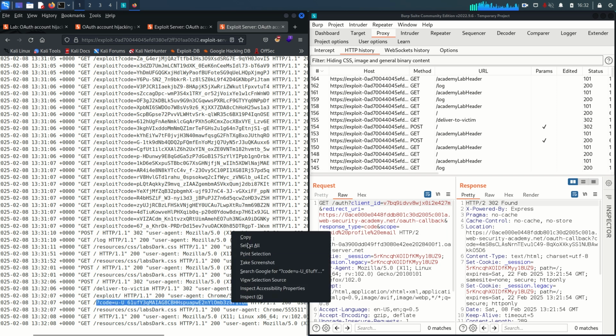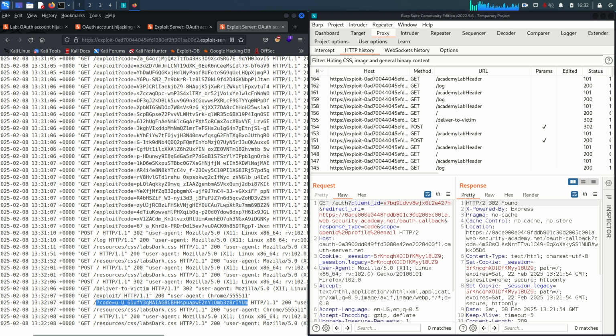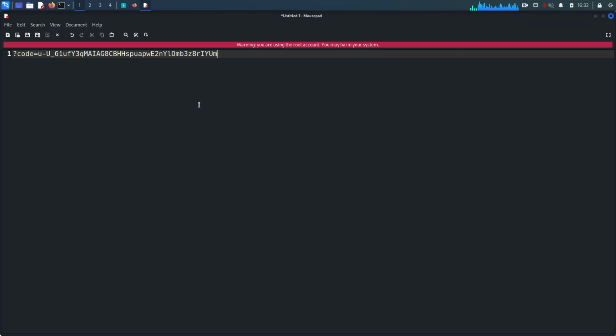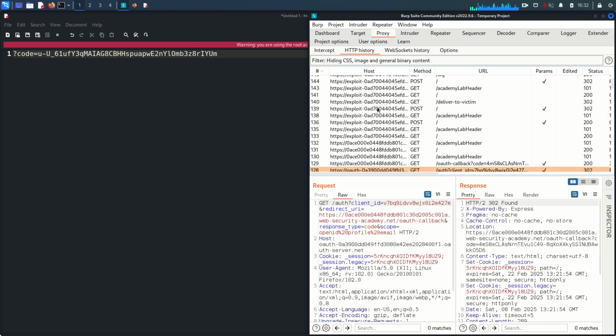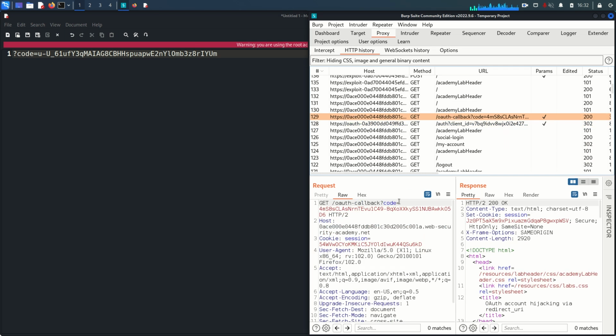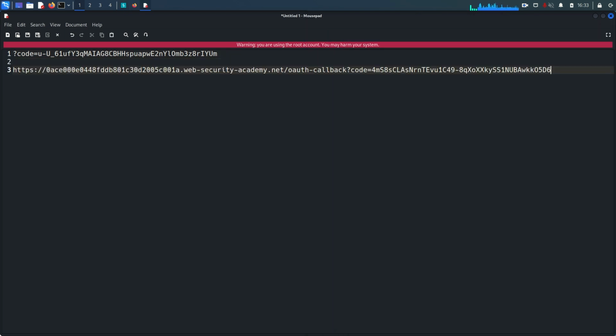So copy this and I'm going to paste it here. Fine. So what I'm going to do here is go back to this callback request, and I'm going to copy this URL and paste it here. Then we need to just use this code, because this code belongs to the admin user. So paste it. Okay, now if we try to access this URL,